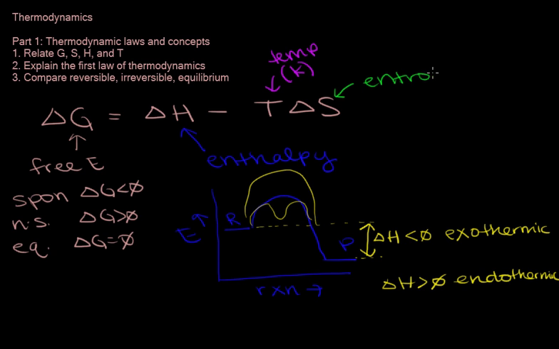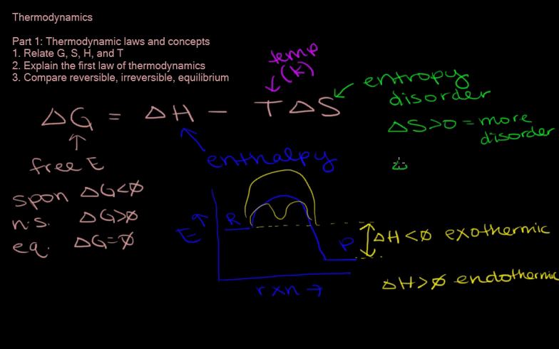Okay, and then the final piece of this puzzle is S, and that is the entropy. This is the randomness or the disorder. So we like an entropy that is increasing in disorder. So we like a delta S to be greater than 0. This means more disorder. When delta S is less than 0, that means it's more ordered,